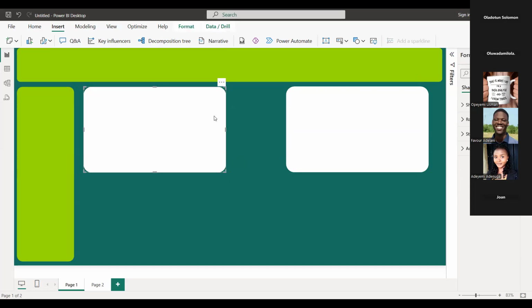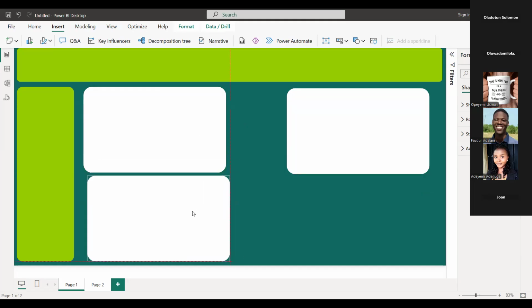Now, Control D does not duplicate here. See now, let me press Control D for you. This is Control D now. Can you see? So if you want to duplicate, you have to copy and then paste. So do you get that? Okay, thank you. I know Control D works in Excel.